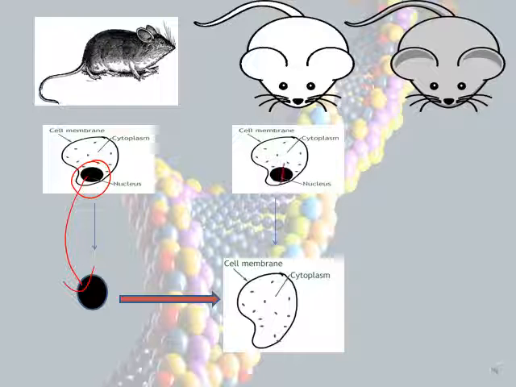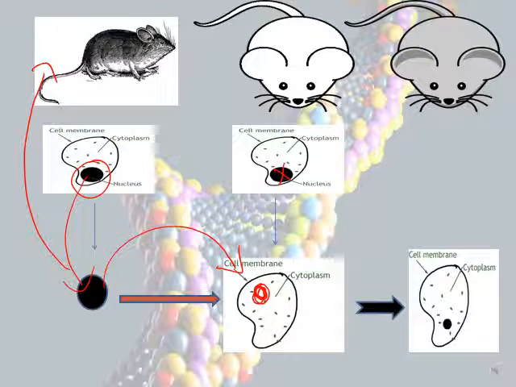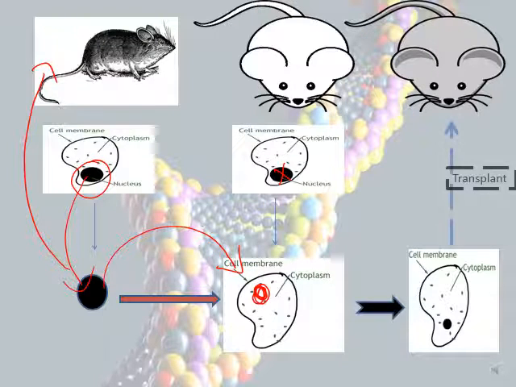The nucleus of the white cell was removed, so we inject the nucleus from the black. Then we transplanted it into the gray mouse. So the result is